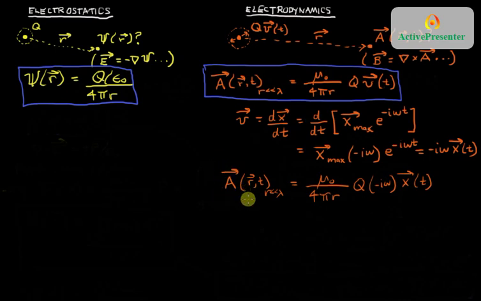Now this is true very close to the origin. Now we make an assertion. We want to find the vector potential at any distance from the oscillating dipole, not just very close to it. And relativity says that if you're a distance r away, you can't be instantaneously influenced by what's happening here as a function of time. There has to be a delay for that effect to propagate to here. So I'm not going to defend that rigorously, although the notes do defend it rigorously. What we're going to say here is now